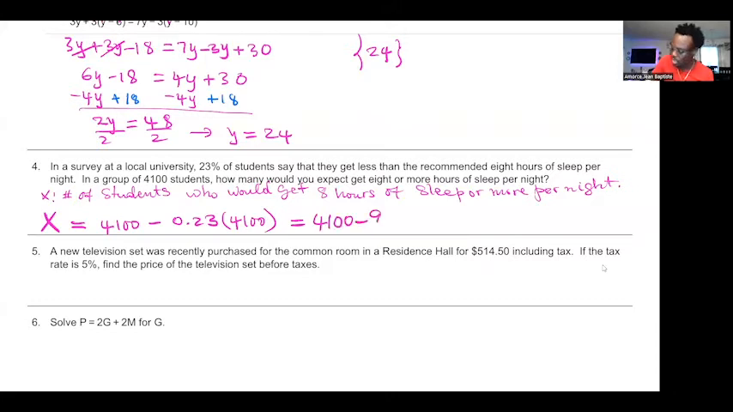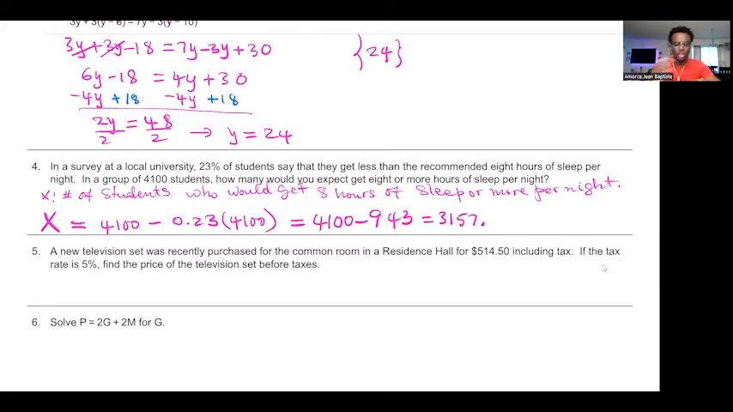So that's 4,100 minus 943, and then 4,100 minus this amount of students who did not get the amount of sleep will give me 3,157 students. 3,157 students who did get this amount of sleep or more. So recap,